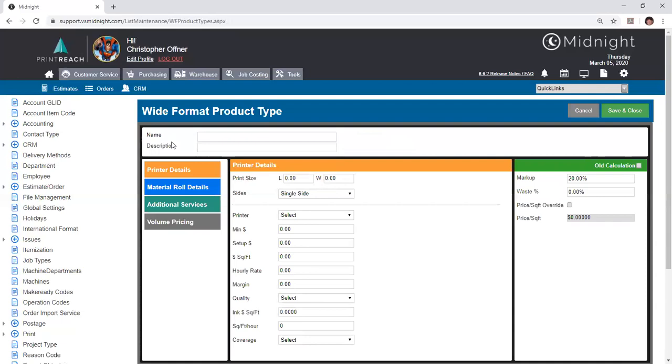It assumes that you'll fill out your general information for your project name or template name and description, as well as the printer details of the size of the product that you're printing, if it's one or two sided, the press that you're actually running it on to pull in some information quickly, the minimum price of the press, the setup fee associated with the press, the cost per square foot per hour to actually run everything,